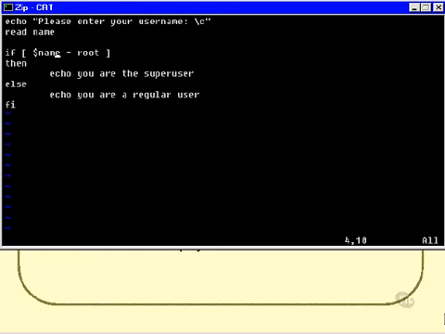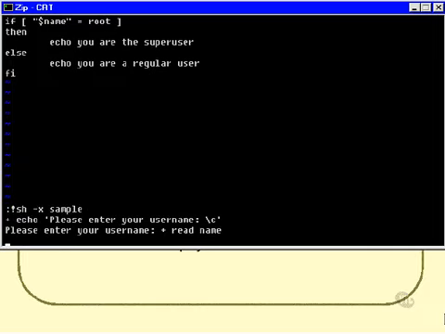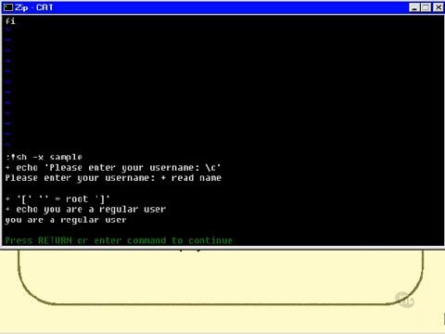So, what's the solution? Well, you might recall that the way to actually make there be something there, even if name is empty, is to do that. And I'll run it again. And please enter your username, press enter. And this time, you can see that there is something on the left-hand side of the equal sign. It's the empty string, but there is something, and so the test program does not have a problem with that. And we don't have any more problems with the shell script,